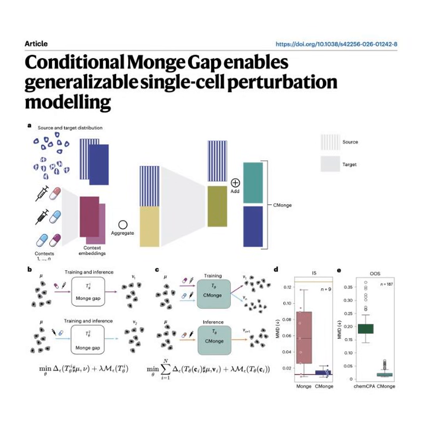We've covered a massive amount of ground today. We started with the sheer physical impossibility of testing every drug combination in a lab. We explored how CMonge uses optimal transport and context vectors to predict how a crowd of cells will react to a fire alarm they've never heard before, and how it preserves a realistic, chaotic spread of that crowd rather than just pointing to the average middle of the room. It's been quite the journey.